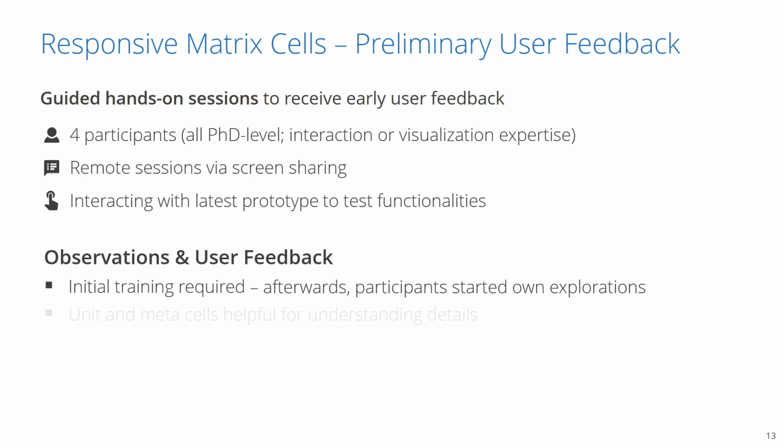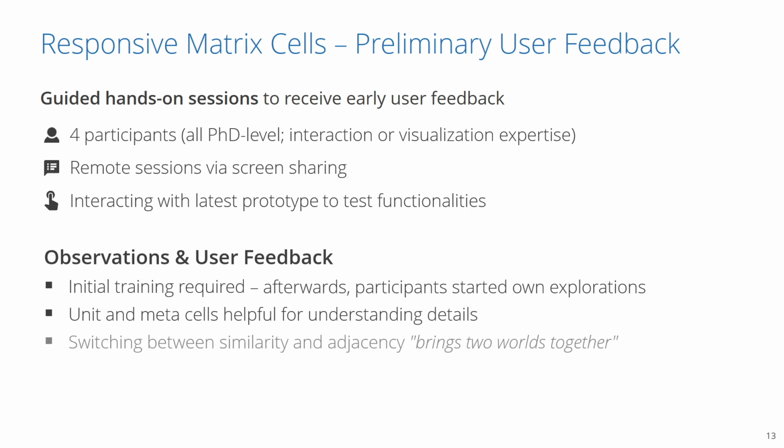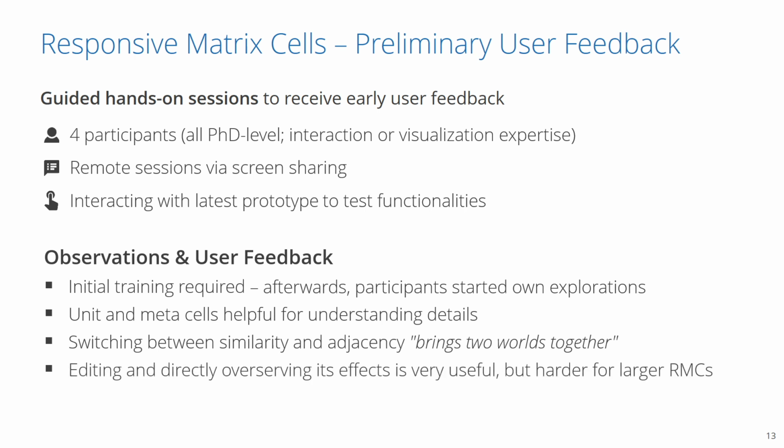They stated that unit and meta cells were indeed helpful for understanding the details. They also thought that being able to switch responsive matrix cells between adjacency and similarity is neatly bringing together the two worlds of structure and attributes. Editing and the immediate feedback was perceived as useful, especially for understanding the influence of attributes in the similarity measure. Difficulties occurred only when observing editing effects with larger responsive matrix cells, as they reduce the visibility of the